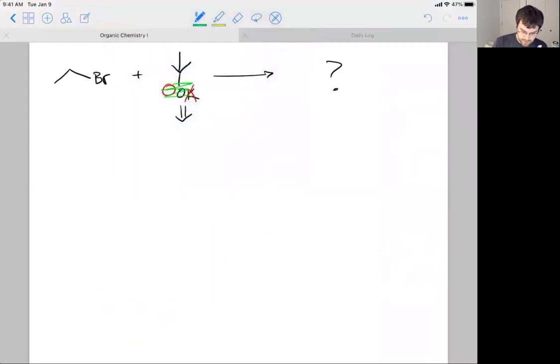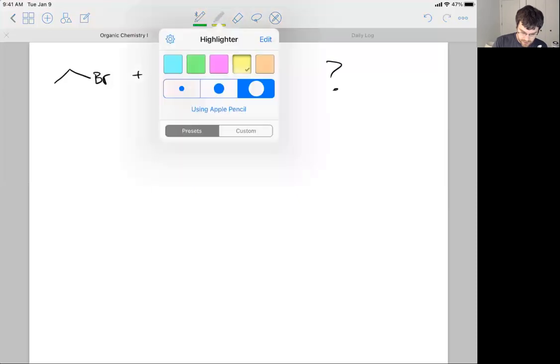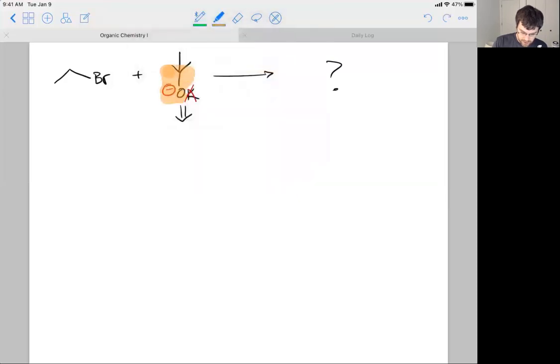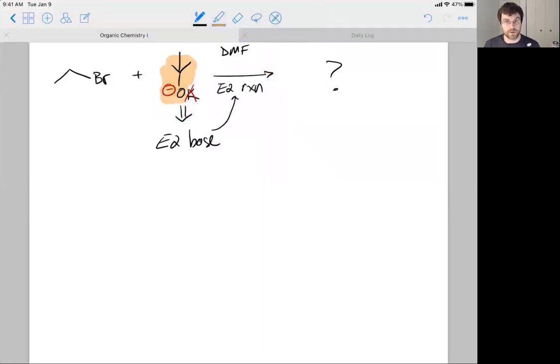Then all of a sudden, we want an alarm to go off in our head to notice that this is an E2 base. And so we assume that there's some solvent over the reaction conditions. I don't know, DMF, sure, okay, whatever. So we have some solvent. But what we want to recognize from an E2 base being present is that we're actually going to do an E2 reaction. Now, after you get comfortable with the mechanism for this reaction, which I'm about to show you, you will be able to predict the products. And so the products are